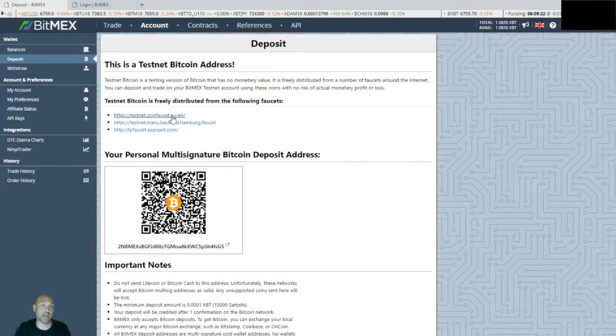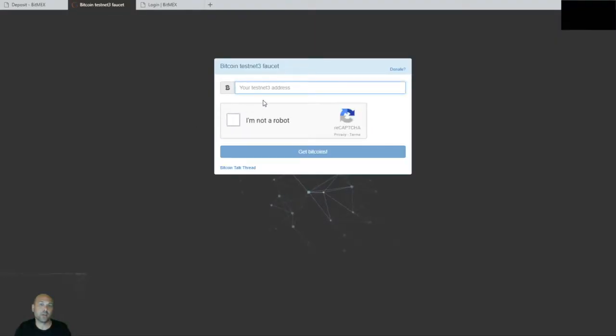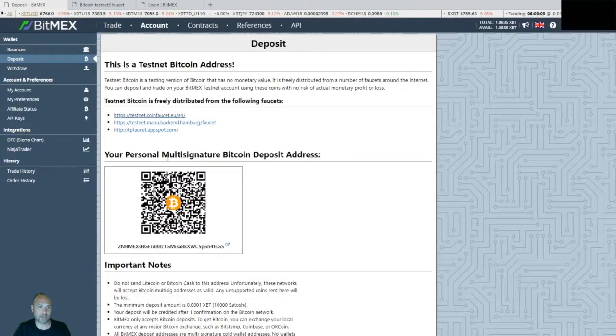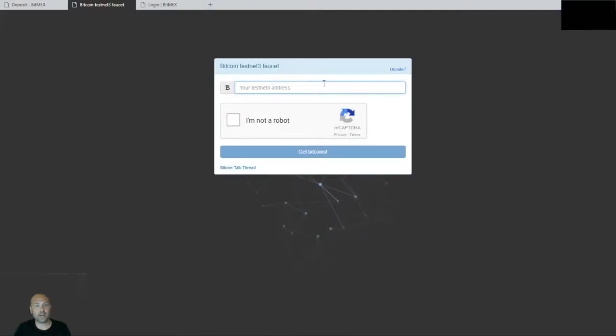You can just go to that site. We'll run through here real quick. It'll open up a wallet address. Then you can just, boom, just like any regular Bitcoin transfer. You go from there. So you'll take your address from here, cut and paste, pop it right into here, confirm that you're not a robot,